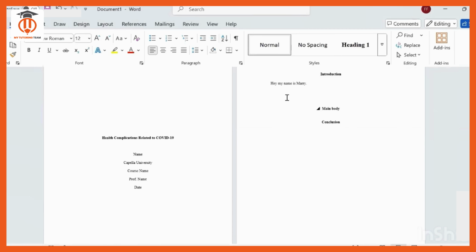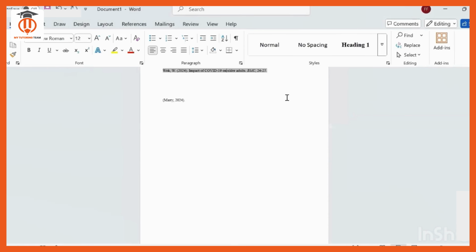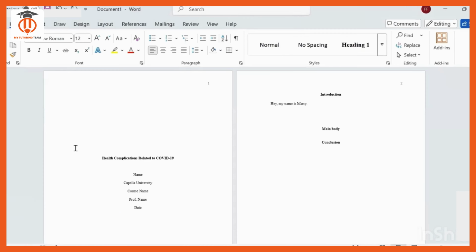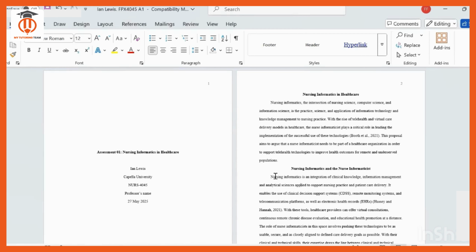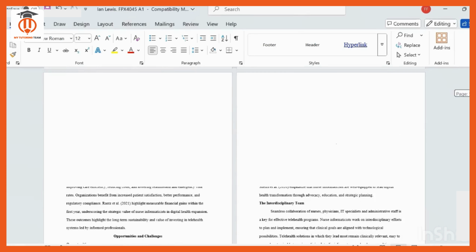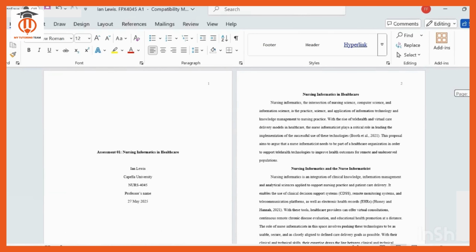Moving to the next competency, which is to explain how nurse informaticists collaborate with the interdisciplinary team. Here, I explained how nurse informaticists collaborate with different teams like nurses, physicians, IT professionals, and administrative staff. I described how they provide training, coordinate workflow integration, and ensure systems meet clinical needs. I also included examples of how they support patient education through digital platforms, mobile health apps, and patient portals, according